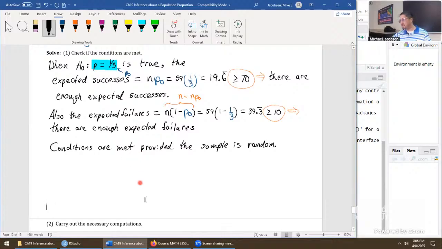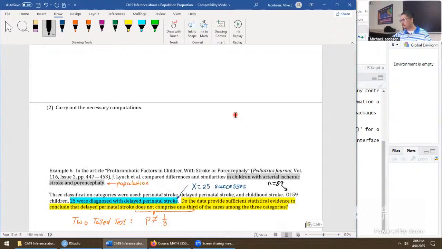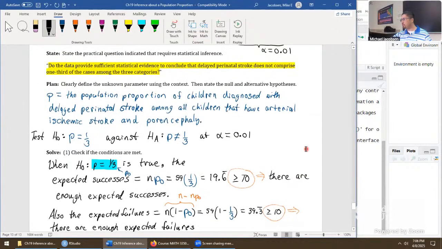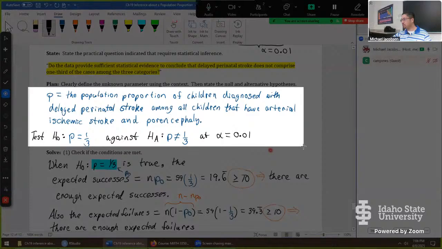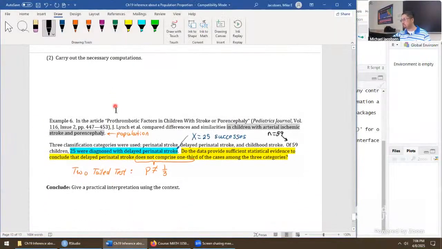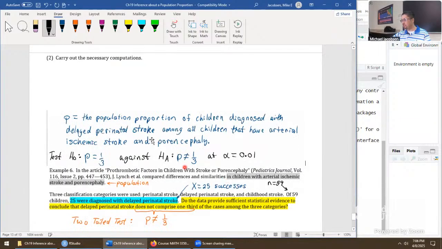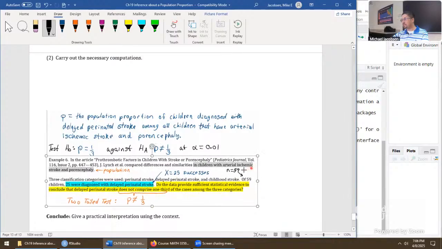Okay, let's next do the computations. We really need just two things here. We need a test statistic and we need a p-value. For the test statistic, we're going to need some of this information, but it would also help if we had this as well. So let's pull this in. Hard to know where to put it. Let's just jam it in right there and start computing some stuff.